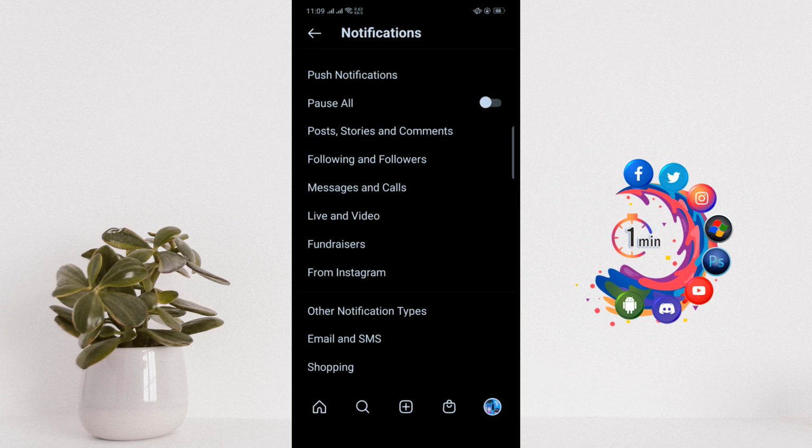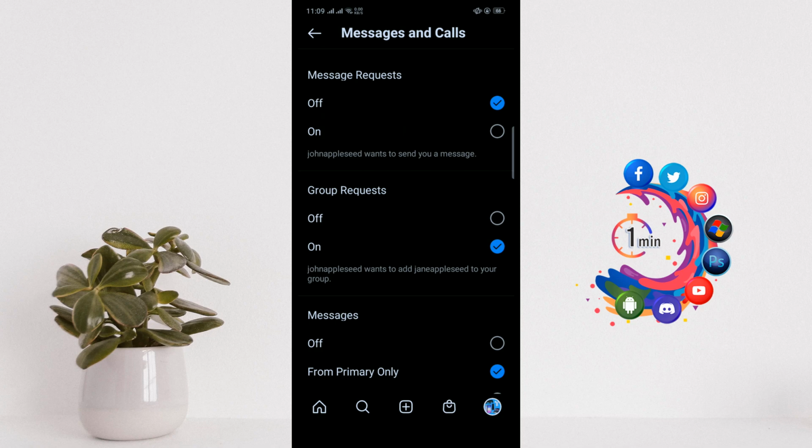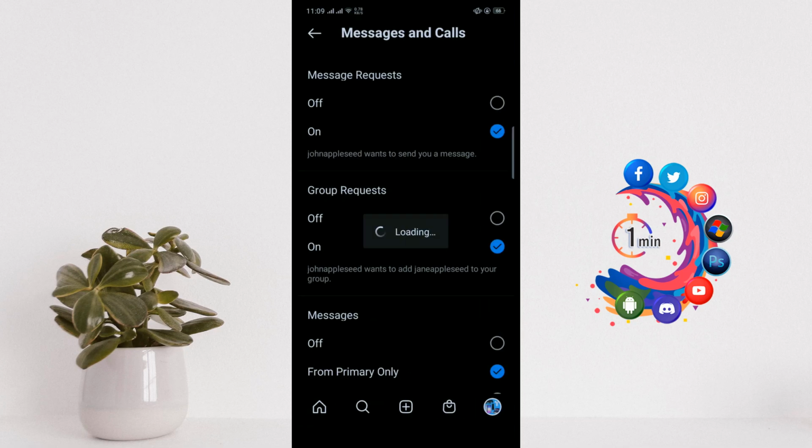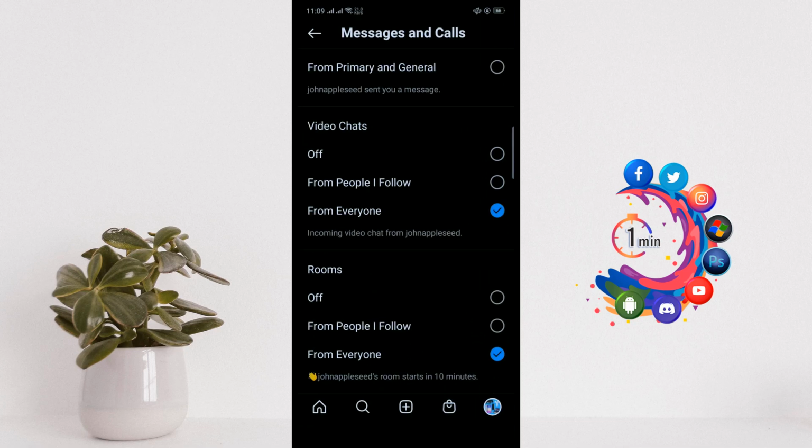Make sure this toggle is turned off, then click on Messages and calls, and from here make sure all the toggles are turned on. Make sure all these options are turned on, and if you are still not getting message notifications on Instagram,